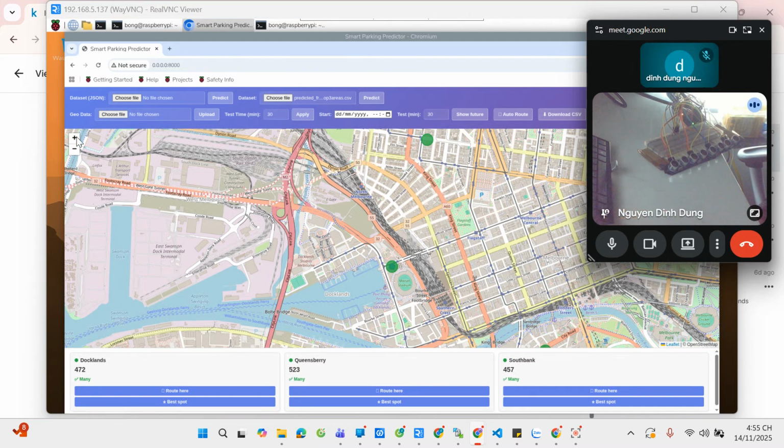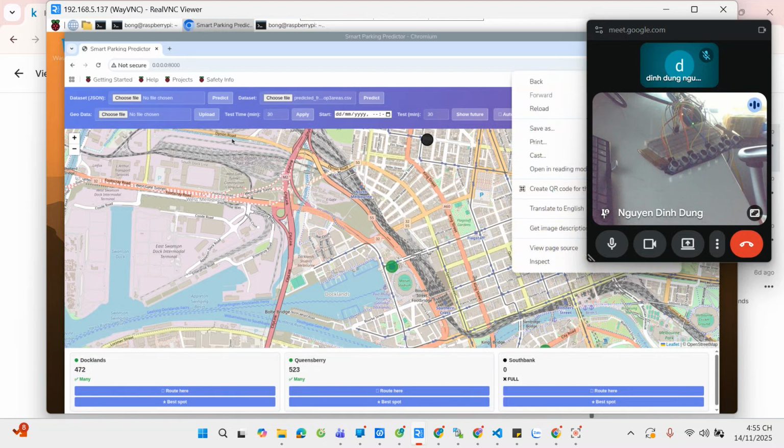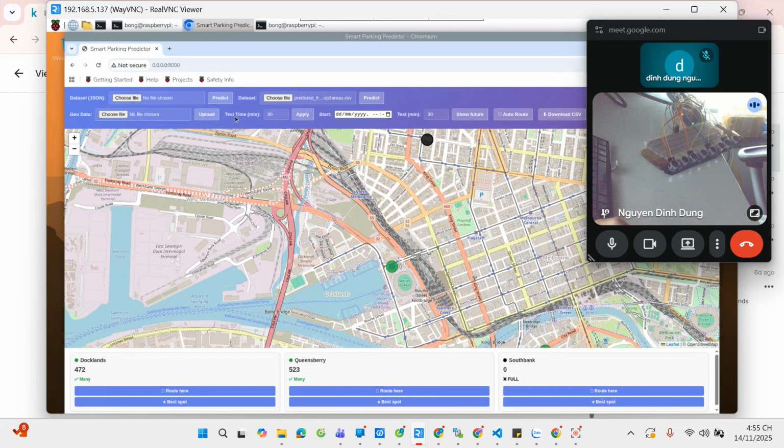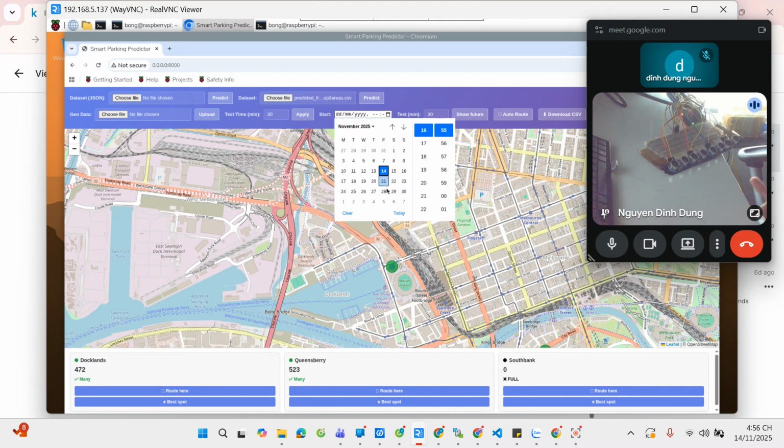you can see on the dashboard here there is geo data, which indicates that the dataset does not contain coordinates for these areas. You can see here the marking on each area. So we have to upload the coordinates manually, but here I already have them in the dataset. And also I have a test function to test for the next 15, 30 and 60 minutes